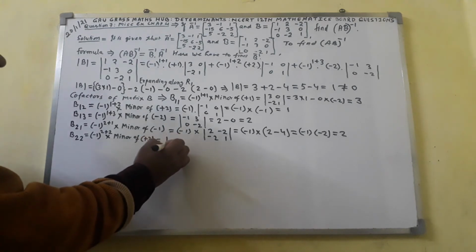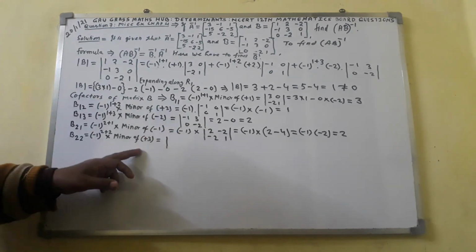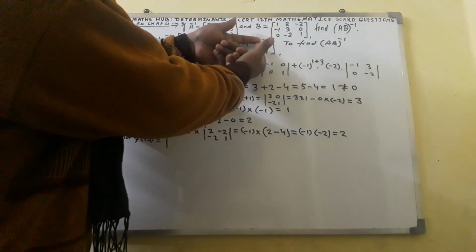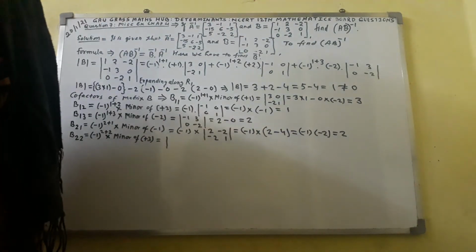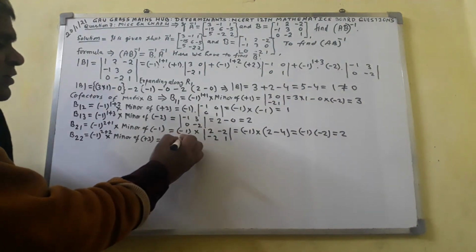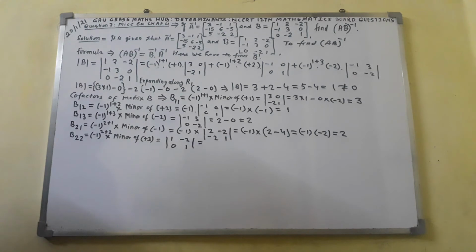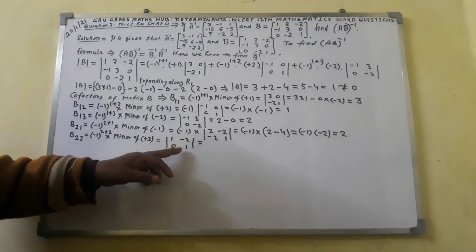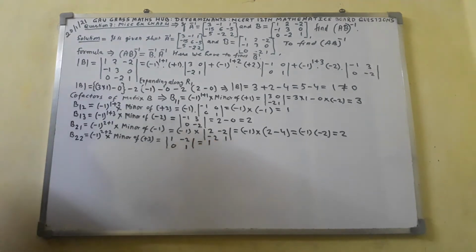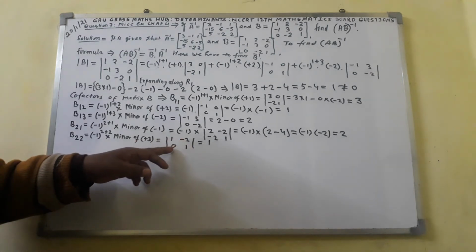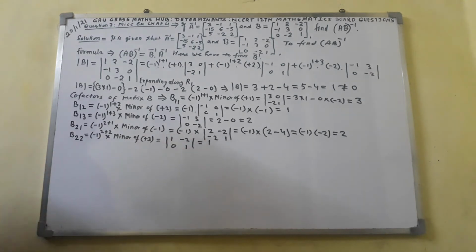So we will get here minor of element plus 3. Plus 3 is there in second row and second column. The second row, second column will be hidden. You will get the minor 1 -2, 0 1. This thing we will get. Now what we will do in this case? Elements of principal diagonal 1 and 1 will multiply together. Minus elements of reverse diagonal 0 and -2 will multiply together will get 0. So here it will come 1.